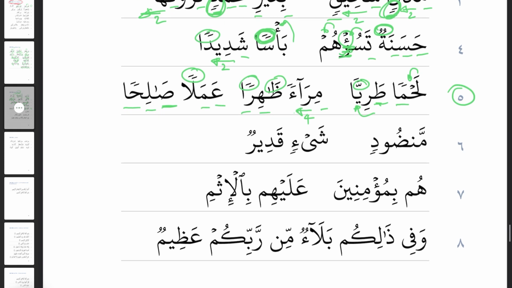We'll look at the other examples here on line 6. They will also give us examples of holding the ghunnah behind a thick, heavy letter. So we have Moundudin. So this noon with nothing on, followed by the sad, the ghunnah became thick and heavy. Shay'in